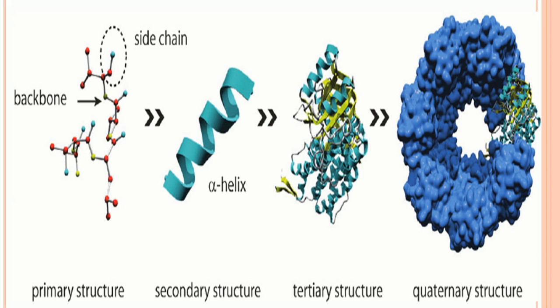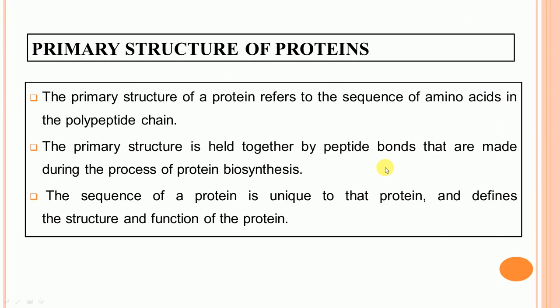As you can see, the different structures of proteins. This one is called the primary structure of protein, and this is the backbone, while this one is the side chain. This one is the secondary structure, in which this structure is called the alpha helix structure, while the third one is tertiary, and the fourth one is the quaternary structure of protein. In the primary structure of proteins,